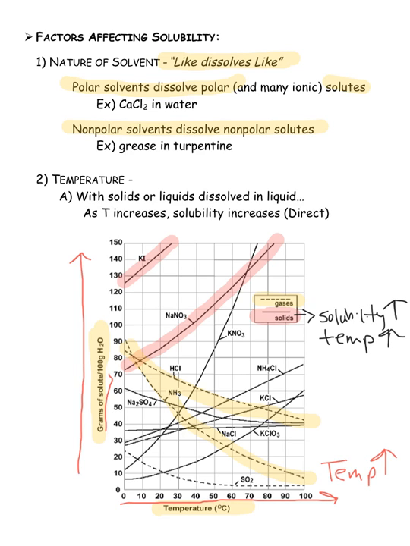We call that a direct relationship. Solubility for solids increases as temperature increases. That's not the same situation for gases. But hold on, we'll get there in just a second. Notice how for all of the lines for solids, as temperature goes up, the line for solubility is increasing. For gases, though, we see that as temperature increases, solubility is going down, and there are